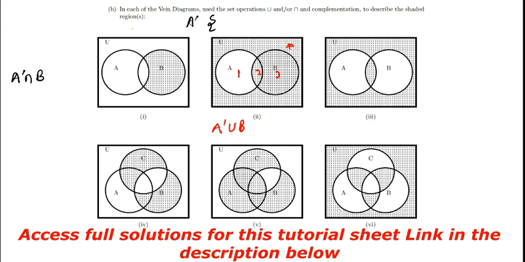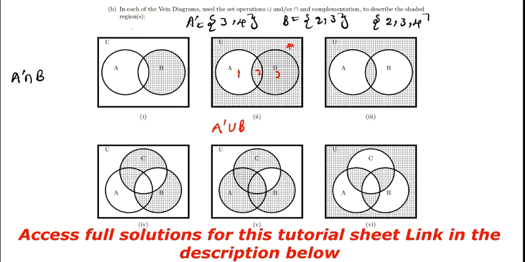So what is A complement? Any element outside A, that is going to be 3 and 4. Then what about B? B we have 2 and 3. Then now we are saying we should add A complement union B. So add those two. What are we going to get? When we add, we're going to have 2, 3,